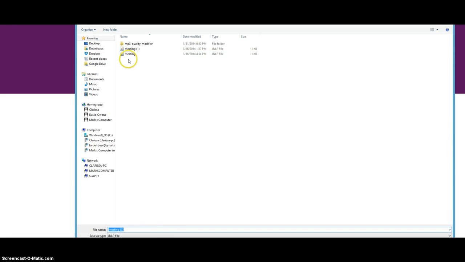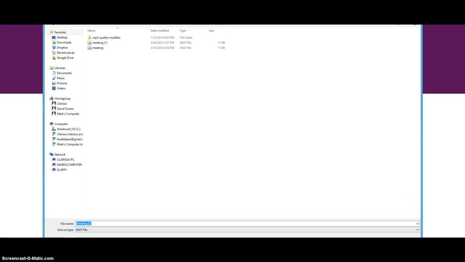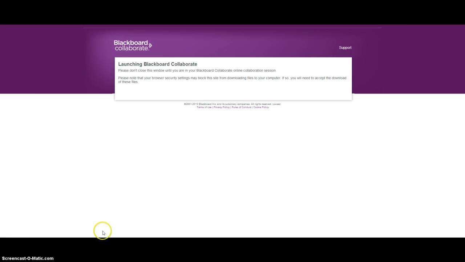Notice that it wants to download a file to my computer, so go ahead and let it do that by clicking on Save, and then it'll appear usually in the lower left hand corner of your screen, which you can't see at the moment. Click on that to start it running,